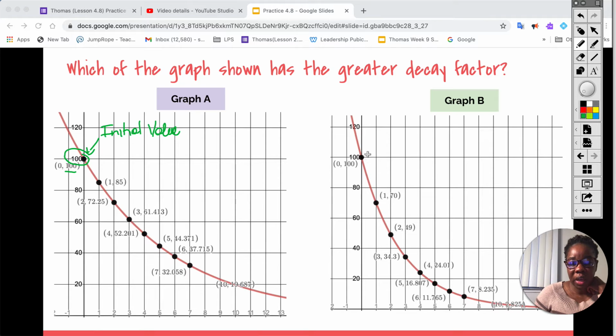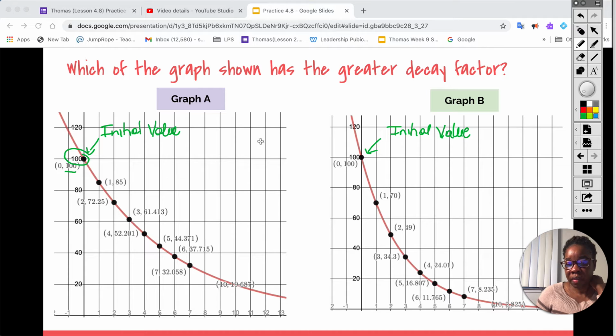And if we're looking at graph B, we're also seeing that it has the same initial value. So both graphs actually start at the same place. Now, we've got to calculate the decay factor